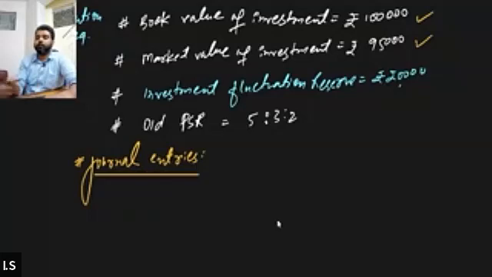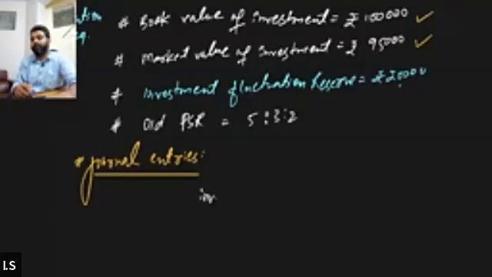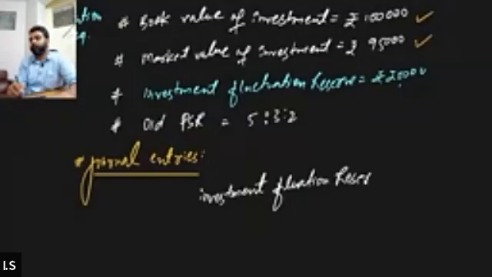See, first of all, investment fluctuation reserve is going to be debited. Just like workman compensation reserve used to be debited, similarly investment fluctuation reserve will also be debited. Investment fluctuation reserve account debit